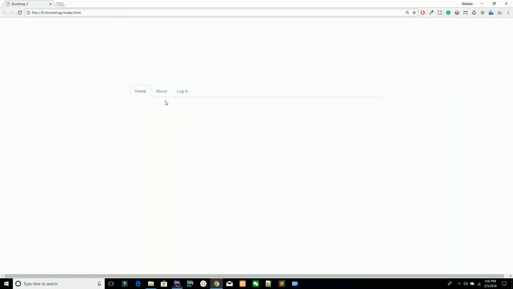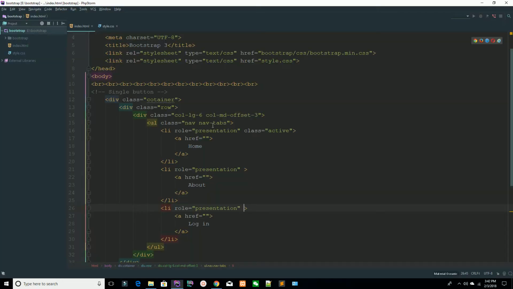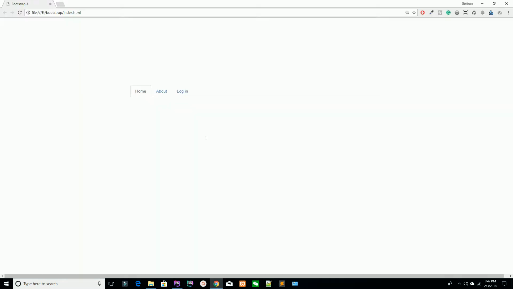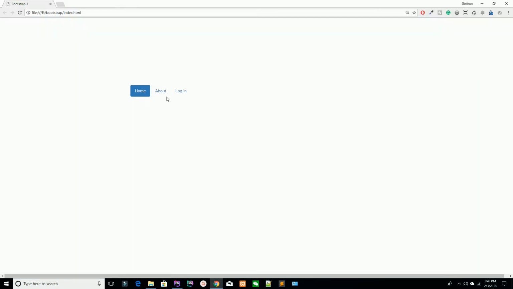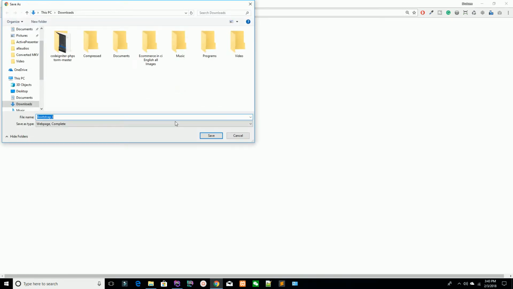Suppose if you need bullets, or how can you change the nav bar? First of all, you have to customize this navigation bar by giving a separate custom class defined by you, or you can just change the class. I'm saying nav-pills. This time I'm saying nav-pills. Refresh the page. So now you can see you have just changed the class. Now the shape of your LI navs is this. Okay, so this is the shape of